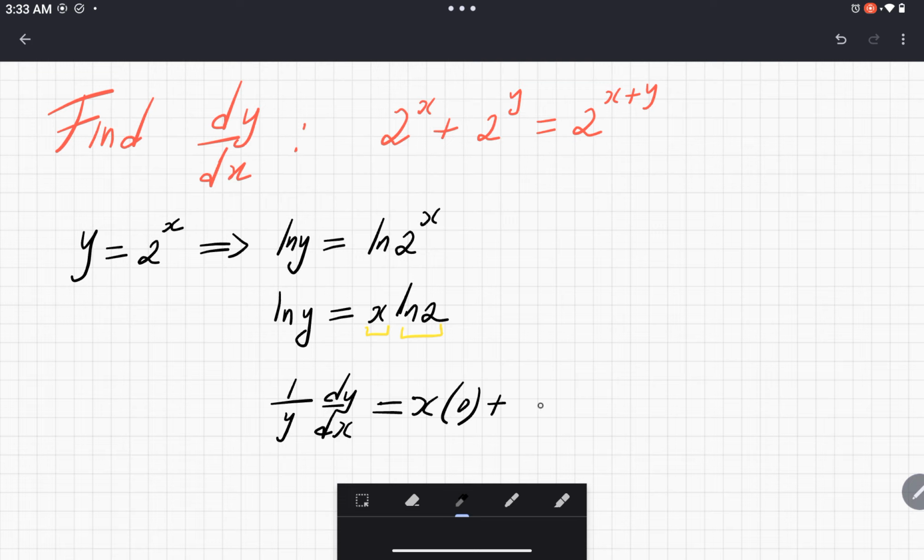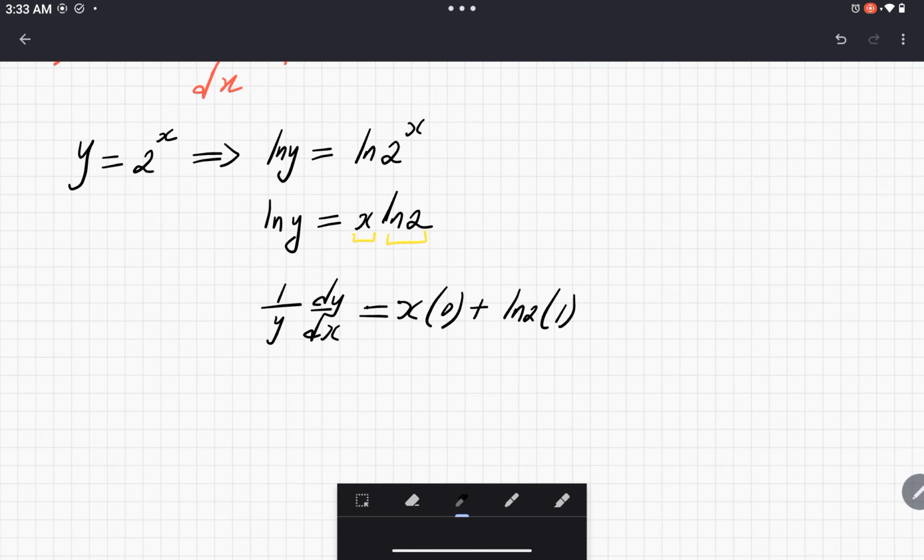Now plus we consider ln of 2. The derivative of x is 1. Having done this correctly, we have to further simplify our results. So for dy/dx, we multiply all through by y. Here is obviously going to give us 0. So we have y times ln of 2, all multiplied by 1. There's a reason why I am putting the 1 here. So if we continue,